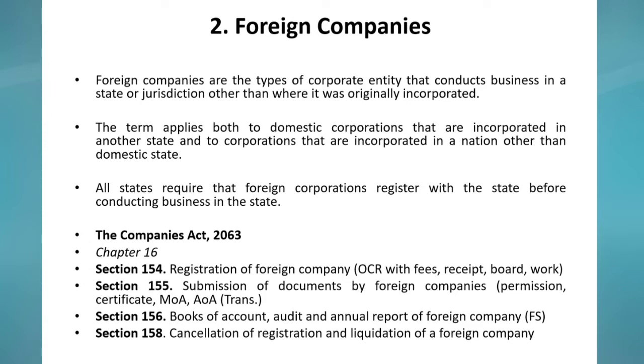Section 155 is related to the submission of documents by foreign companies, according to which the foreign company should submit the permission note indicating that it has got permission to establish a company in Nepal. And it should also submit the registration certificate along with the memorandum of association and articles of association, along with its authentic Nepali translation. And Section 156 deals with books of account, audit, and annual report of a foreign company, which states that the foreign company